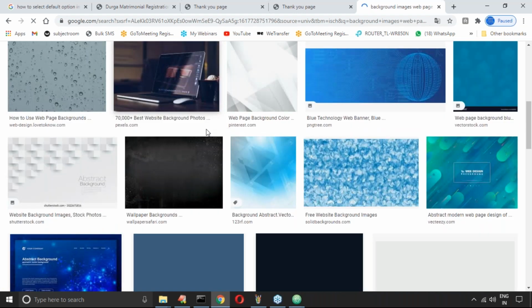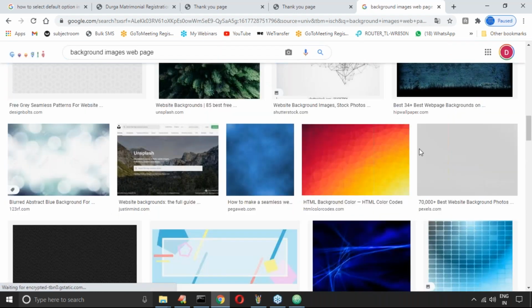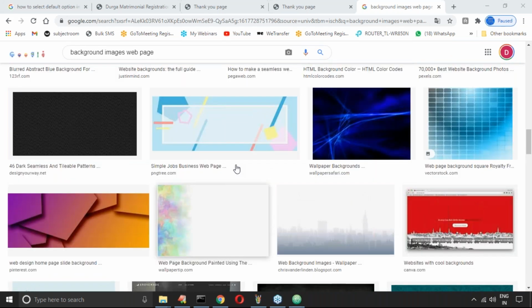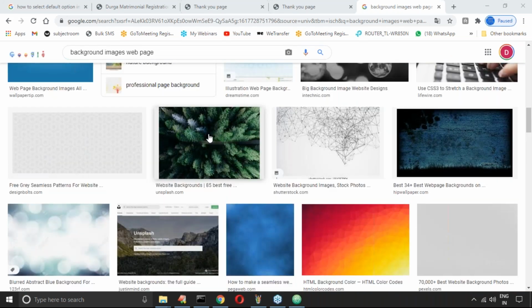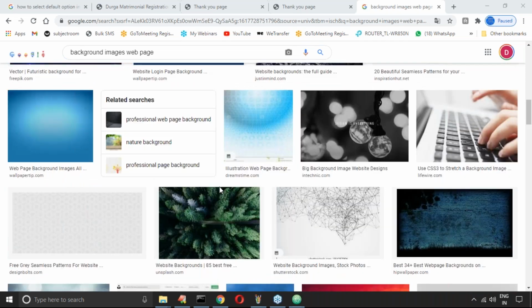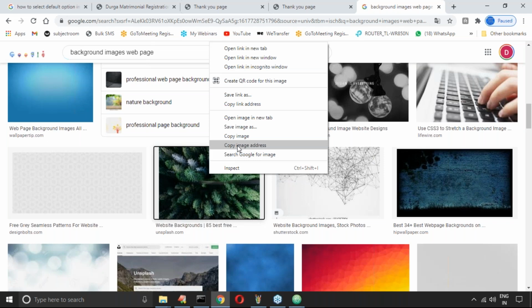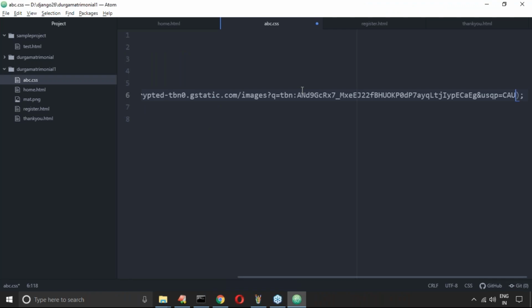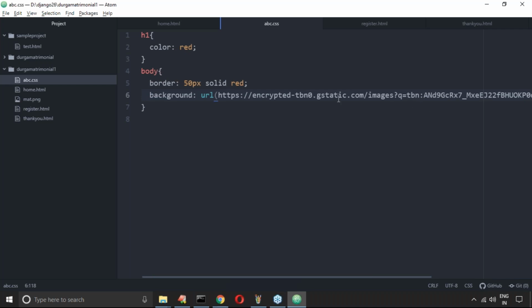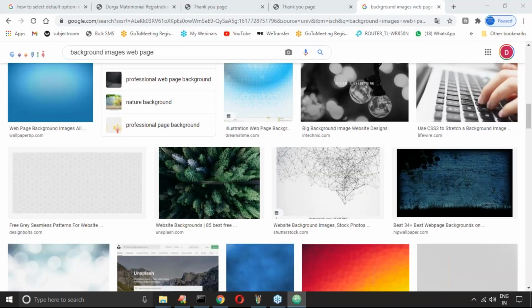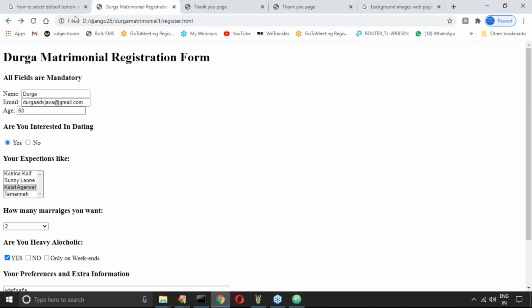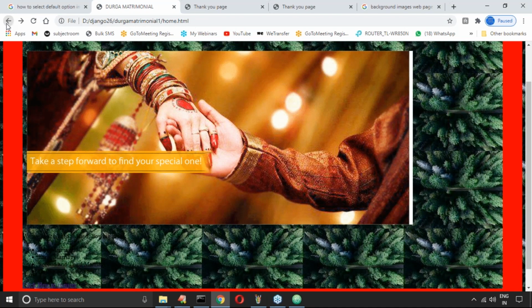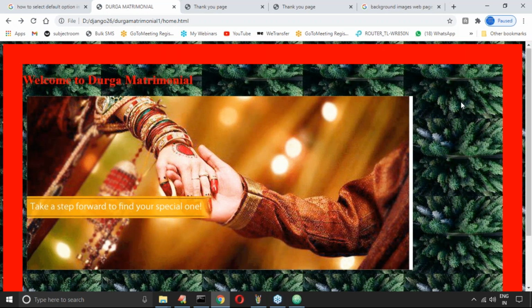Now something like I want this color. Seems this one is good. Click copy image address. Now here the URL, you can copy like this. If I copy like this, automatically it should be selected. One minute. Yes, have you observed, right? Have you observed the full color? Is the full color coming or not?